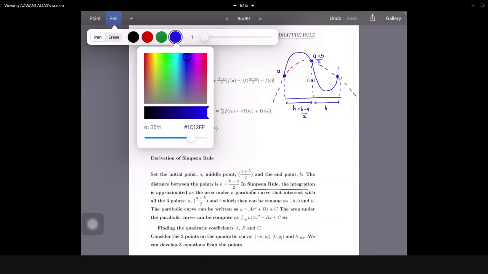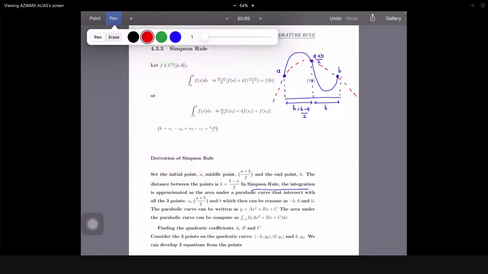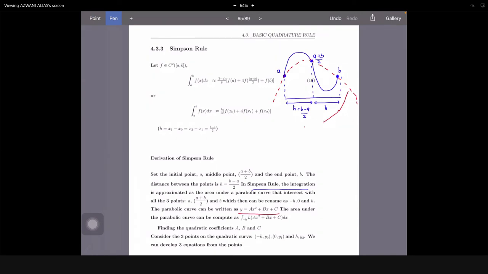This is B. Okay, dia ada any parabolic curve yang kena pada tiga-tiga titik tersebut lah. Okay, so parabolic curve ini is written by y is equal to ax square plus bx plus c. Okay, the area under parabolic curve can be computed as,